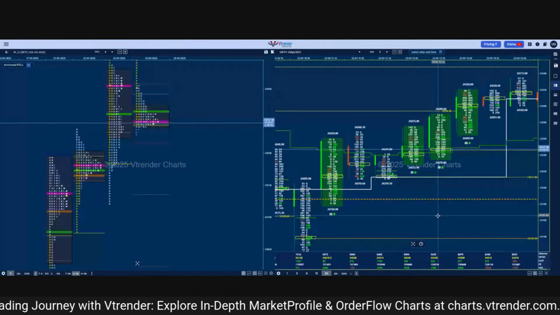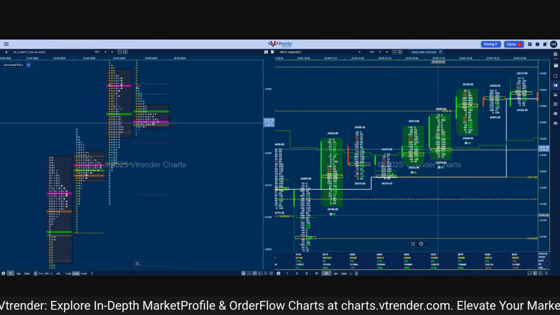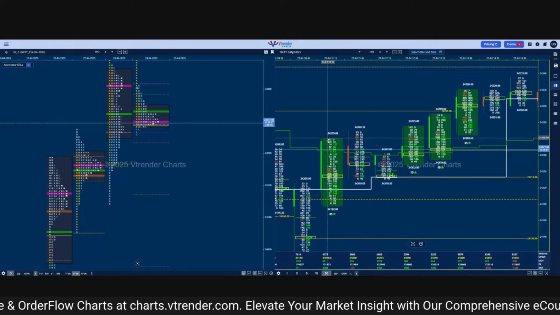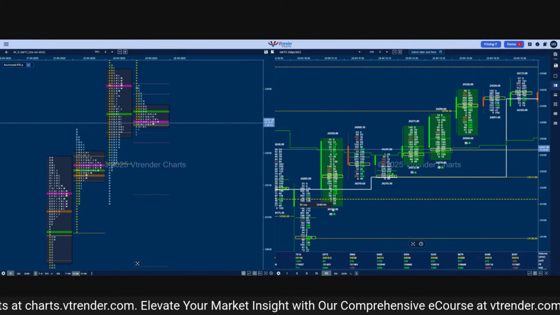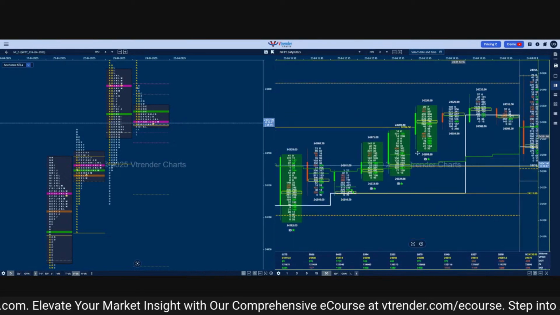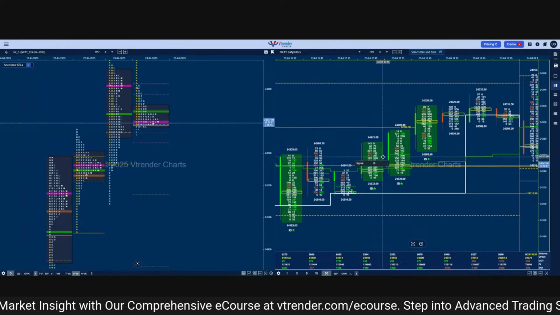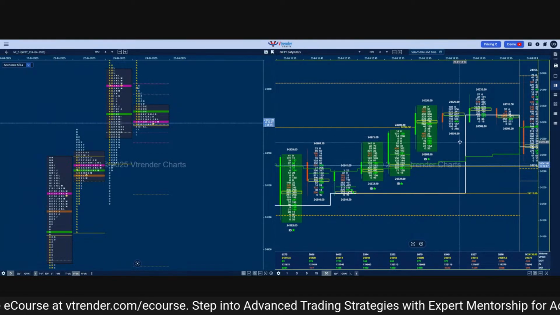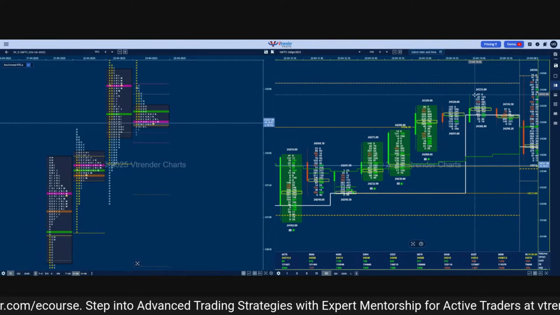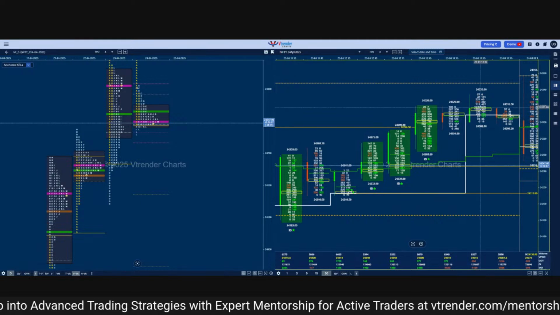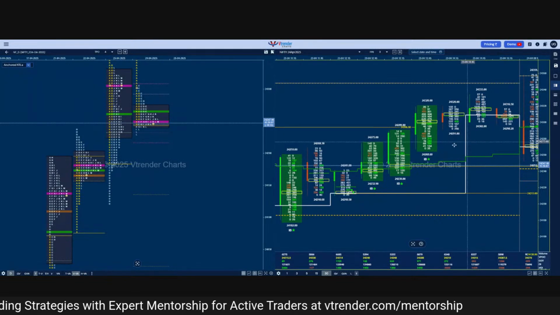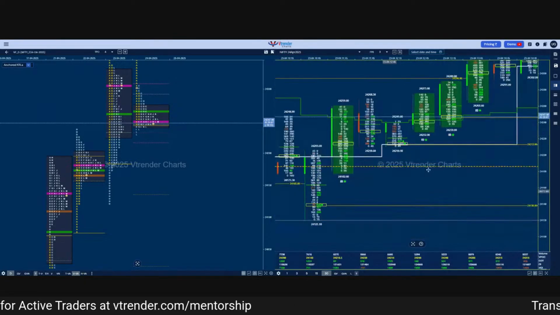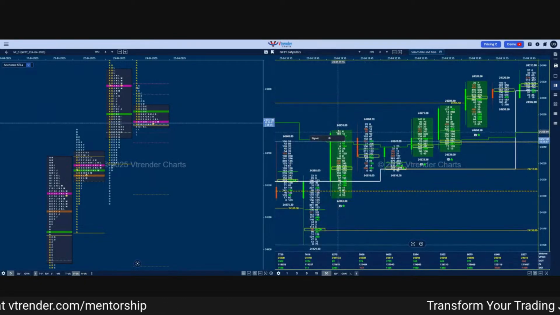So you have got 4 IB30 bars yesterday in one day, which is very rare. But your original entry would be this, and your stop loss would be this 24182. Because all these 3 IB bars are overlapping, you will just look for the target at 24338. Yesterday we could not hit the target. We saw the POC shifting to the top, but today at the open we hit the target. And once you hit the target of the IB30, you will trail your stop loss to the cost, which is